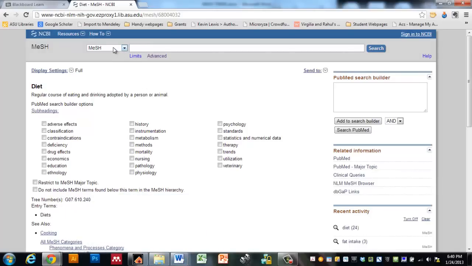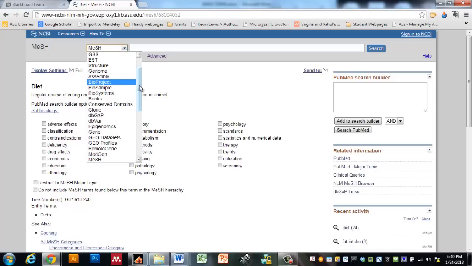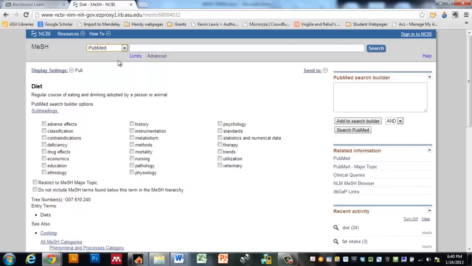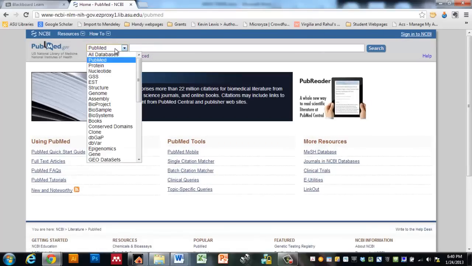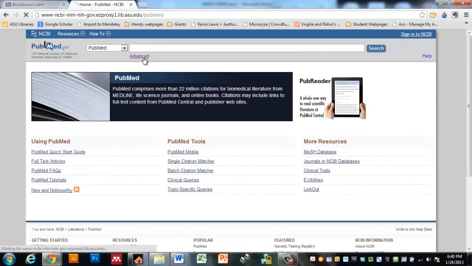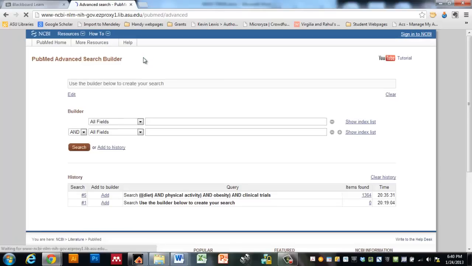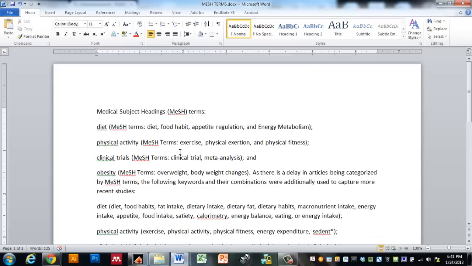Okay, so once you're done with that, the next thing you do is you go back and use PubMed here. Sometimes it doesn't reset very well, so just hit the search button so it's definitely in PubMed. Okay, and then what I want you to do is use this advanced option. The first thing you can do is build these options up together. So let's say, here, what I wanted to do with my search was